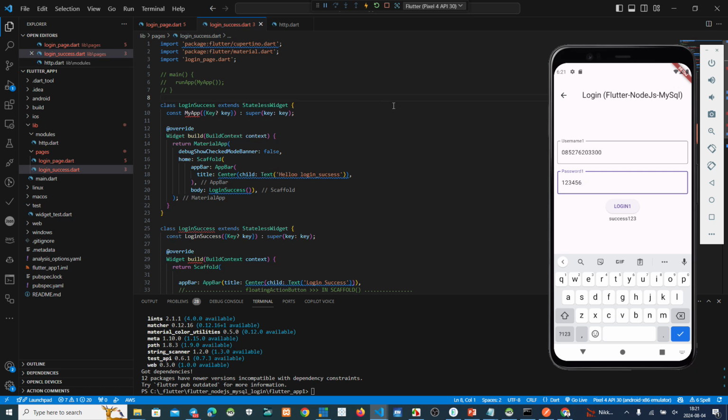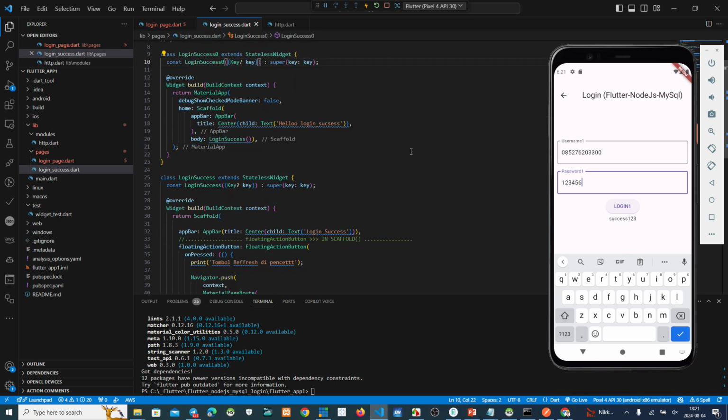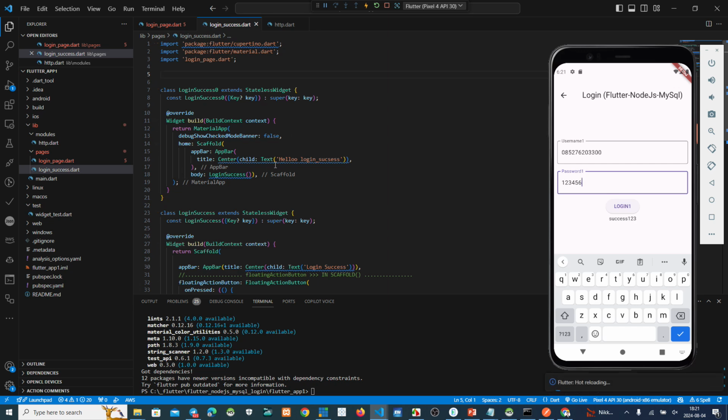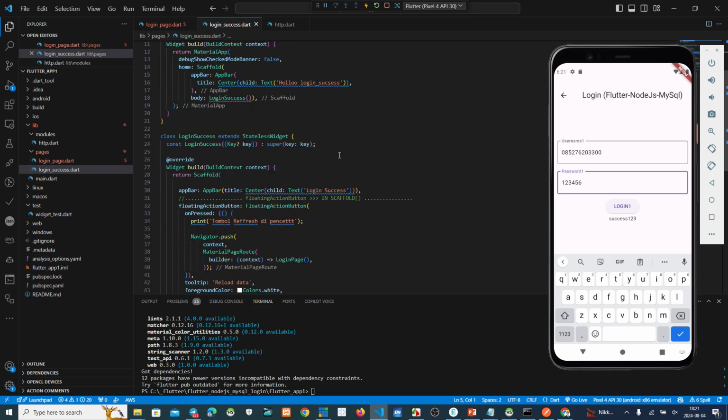Oh, here this one, yeah, success. Login success 0, this one is okay. Back to this, login success 0. Okay. Is remove. This is just hello login success like this, yeah.